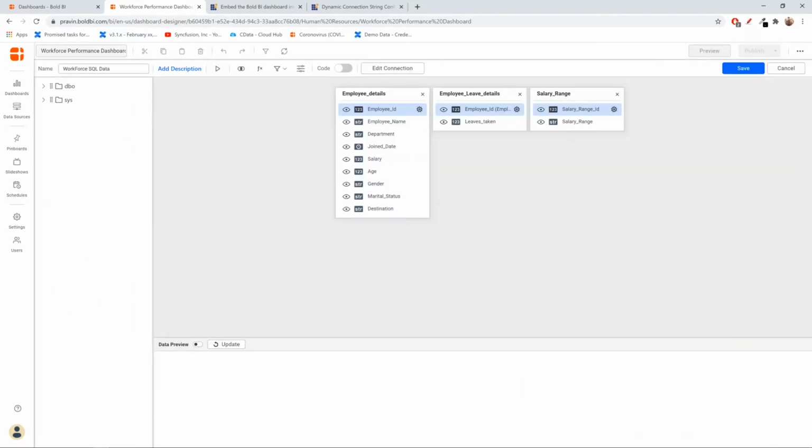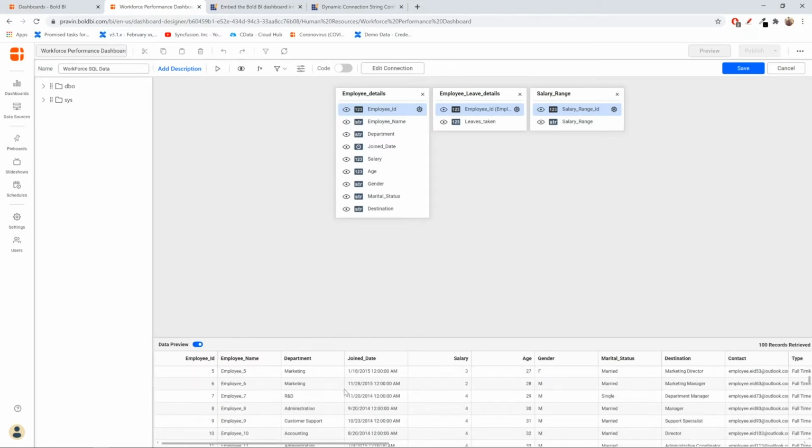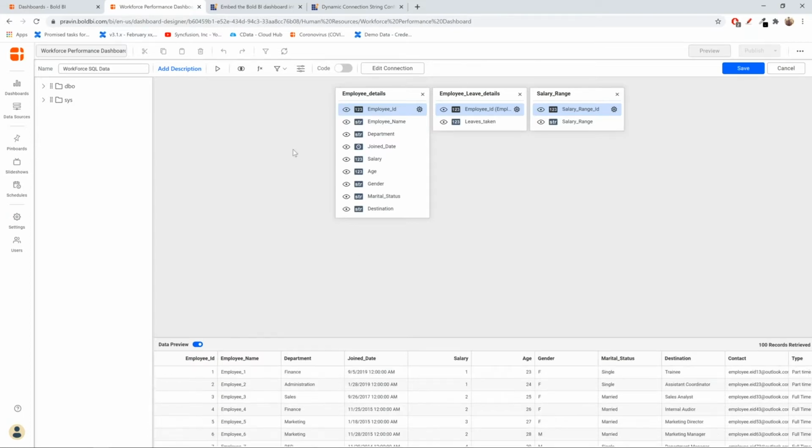This will take you to the data transformation layer, or we also call it the data source designer. So I can see the tables that I have made use of. On the left side, you could see the schema, and if I enable the data preview, you could see the details in the grid, top 100 records in the grid. Now the user-based filter is included along with the filter option in the data source here. So we have two options now: query filter, which is basically used to filter a subset of data with certain conditions, and at the bottom we have the user-based filters.